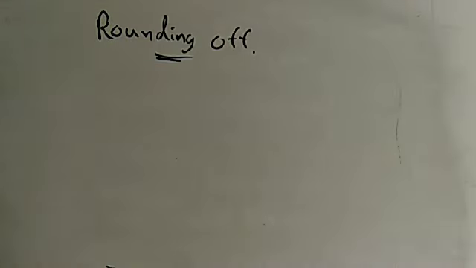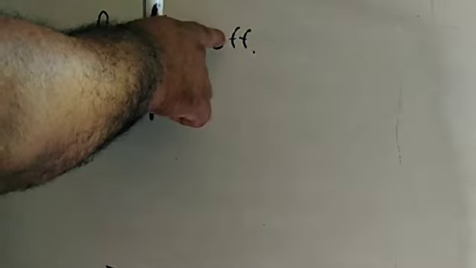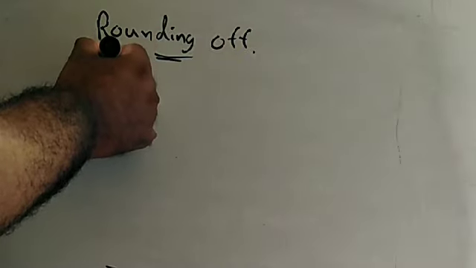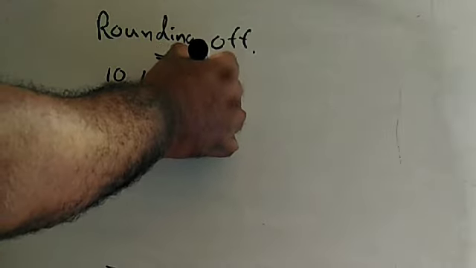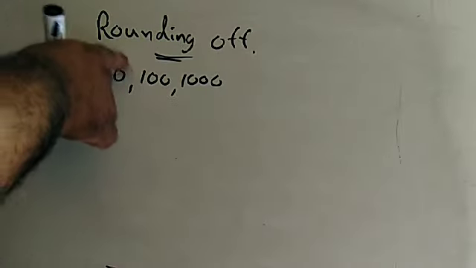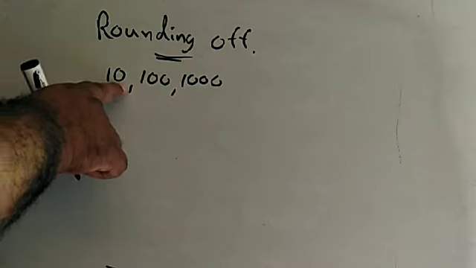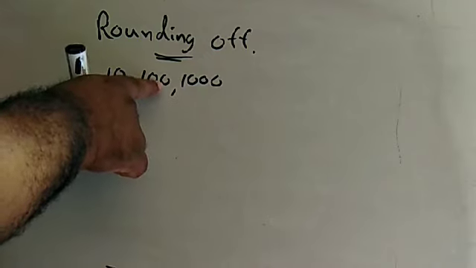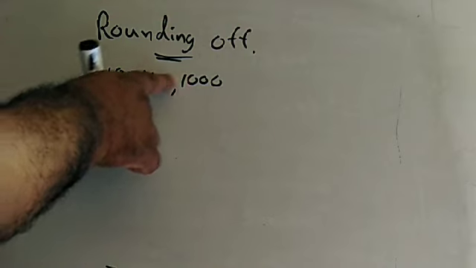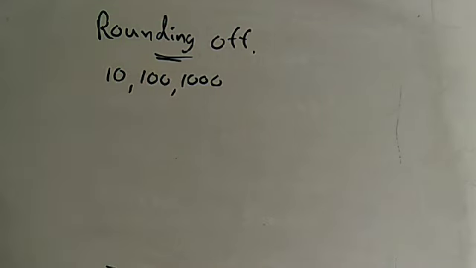Sometimes we have to learn this lesson to round off to the nearest 10, nearest 100 and nearest 1000. In upper grades you have learned how to round off to the nearest 10. Today we are learning how to round off to the nearest 100 and nearest 1000. Now firstly let's learn